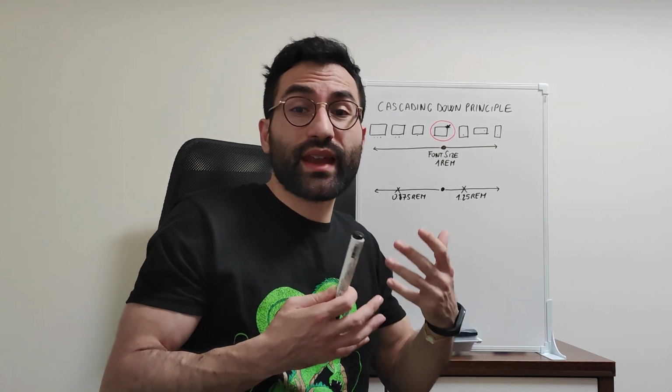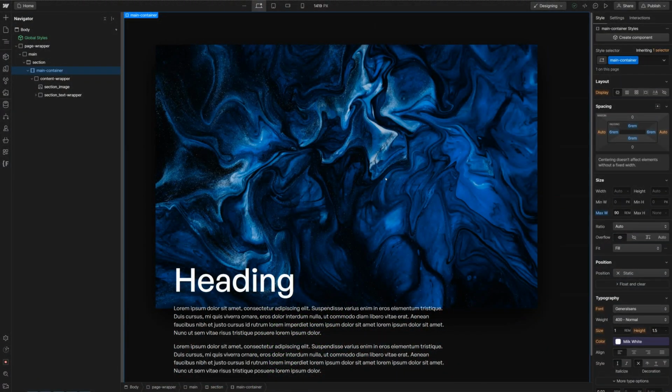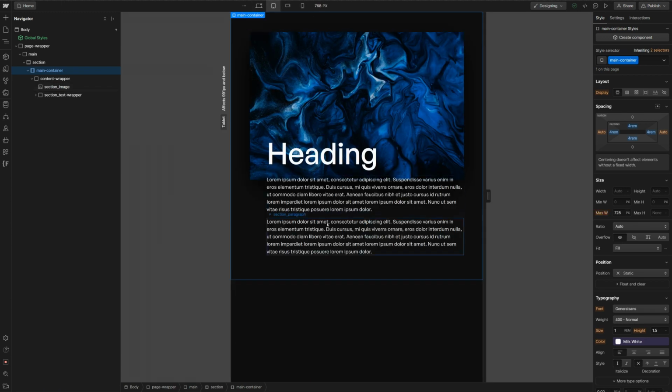But now let's just try to cascade down into Webflow and take a look at 3 common scenarios to really understand what happens here. Here we have a very simple section inside Webflow, an image, a heading, a couple of paragraphs, and this is how it looks on desktop. And let's say that we are happy with this layout. This is exactly what we wanted, but now we want to tackle responsiveness. So let's go to the tablet breakpoint, and let's say that in this specific case we want the text to appear before the image. So what we could try to do is drag and drop the text wrapper